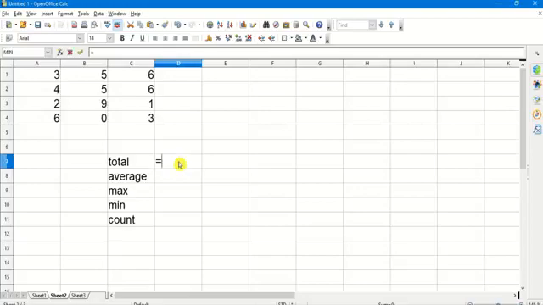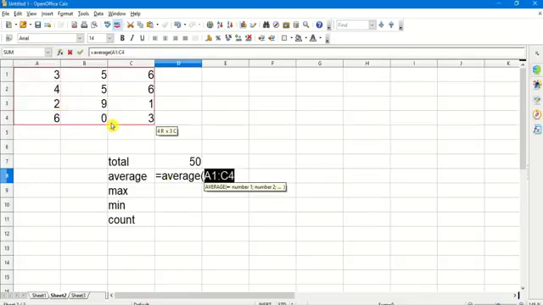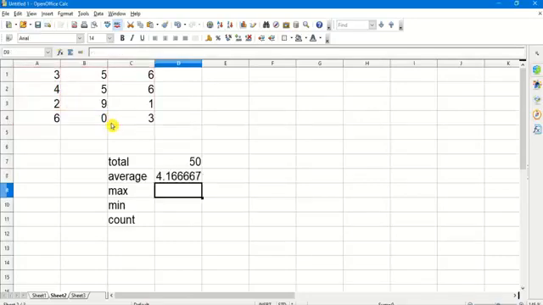So equal to sum in bracket, I am selecting the entire range A1 to C4. Press enter. This is the total. Then AVERAGE, and this entire range again I am copying. That is 4.66 is the average.